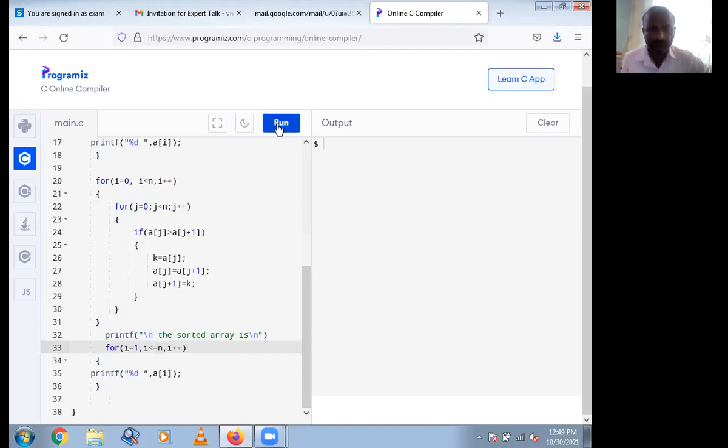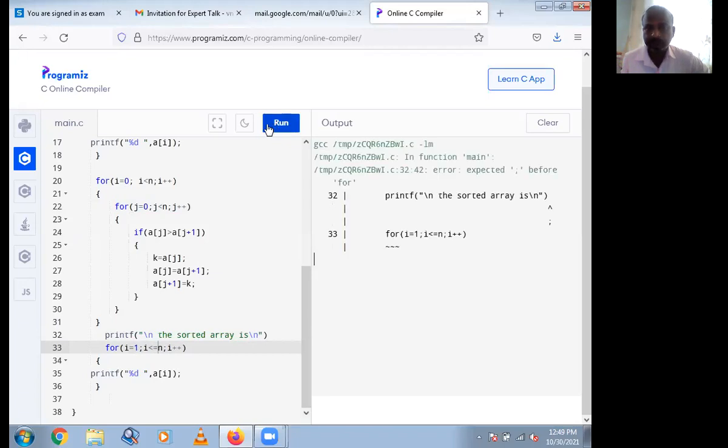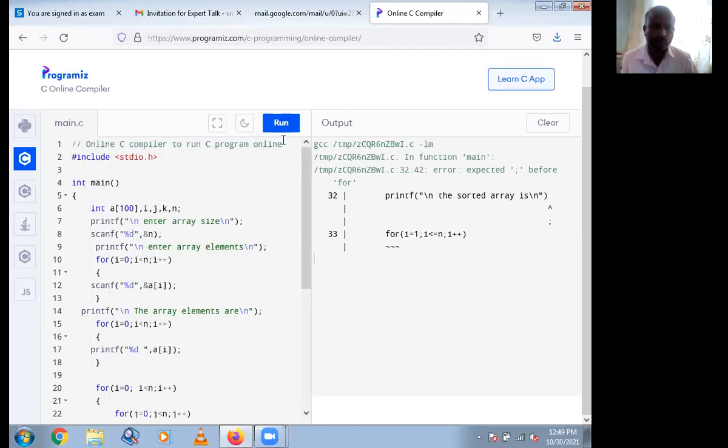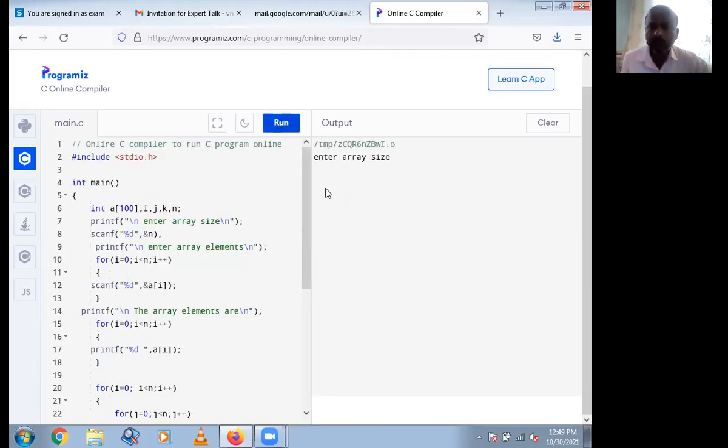Okay, we'll execute this code. So here see the output section, enter array size. Suppose array size entered is 5. Then enter array elements. So array elements are entered like this.